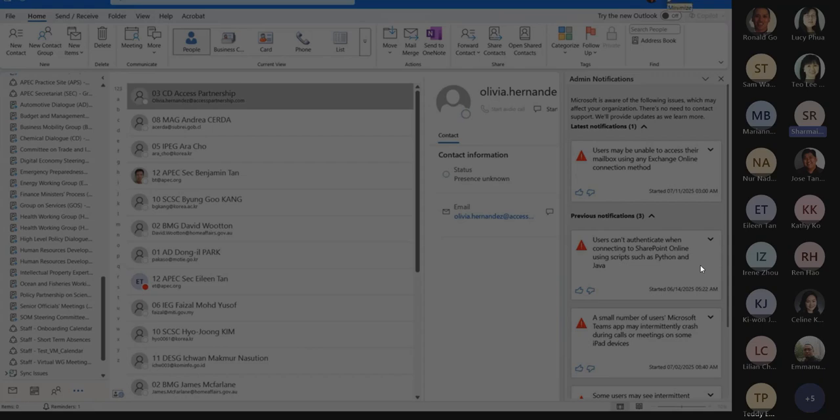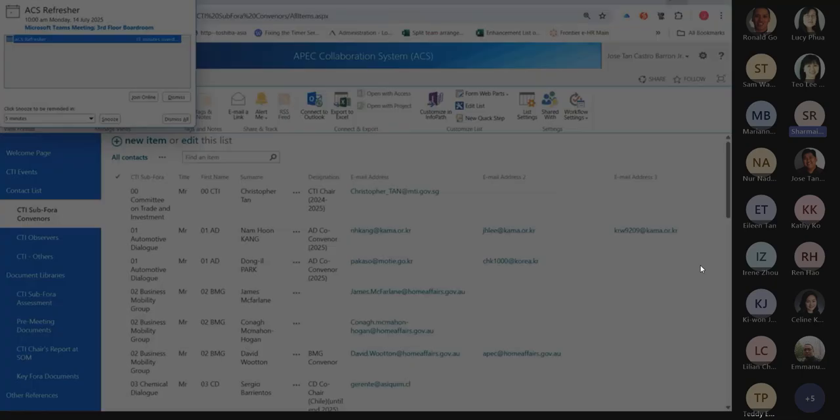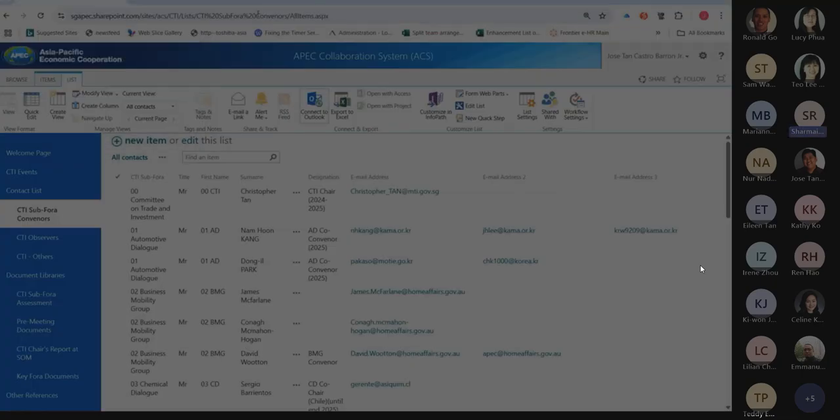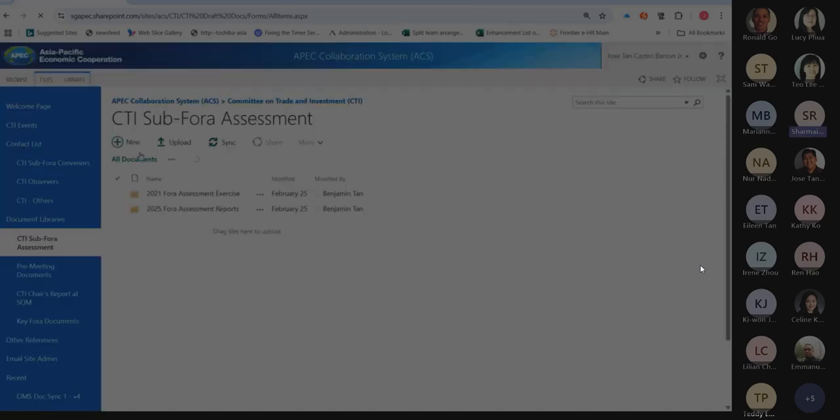That's what I want to focus on actually on this particular segment. If you notice, any list on the menu would have a tab on top. Just for an example, I click printing docs, I think. It's still loading. Document CTI sub 4 assessment. You'll have a library tab. So there's two types of